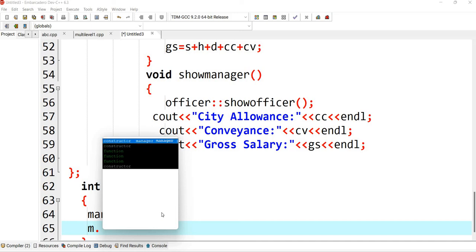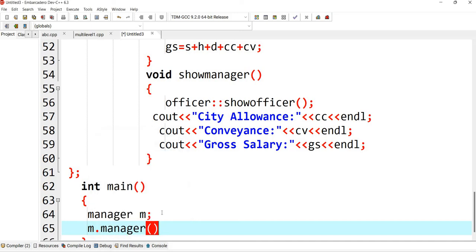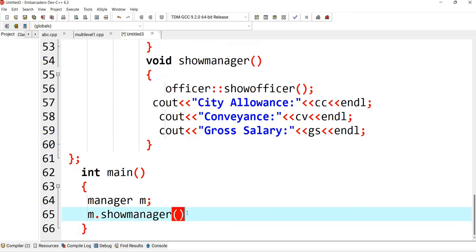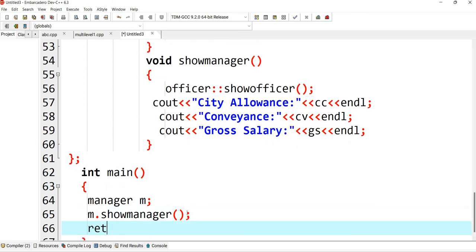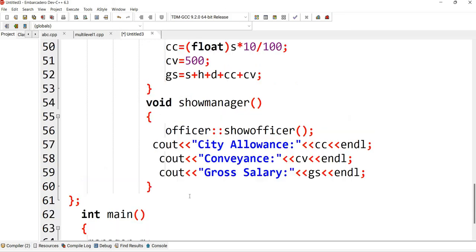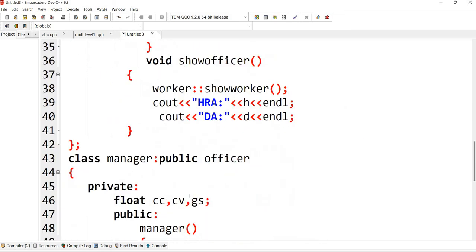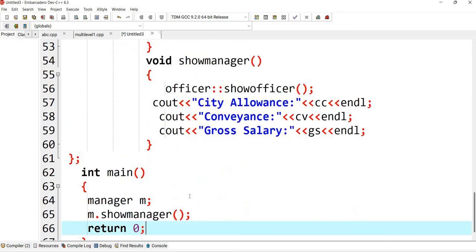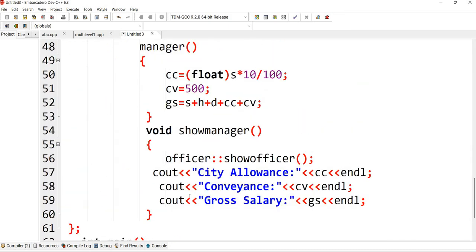So only the manager I can see here. I'll call only the show manager, not all. Otherwise, I have to call show worker as well as show officer along with show manager.